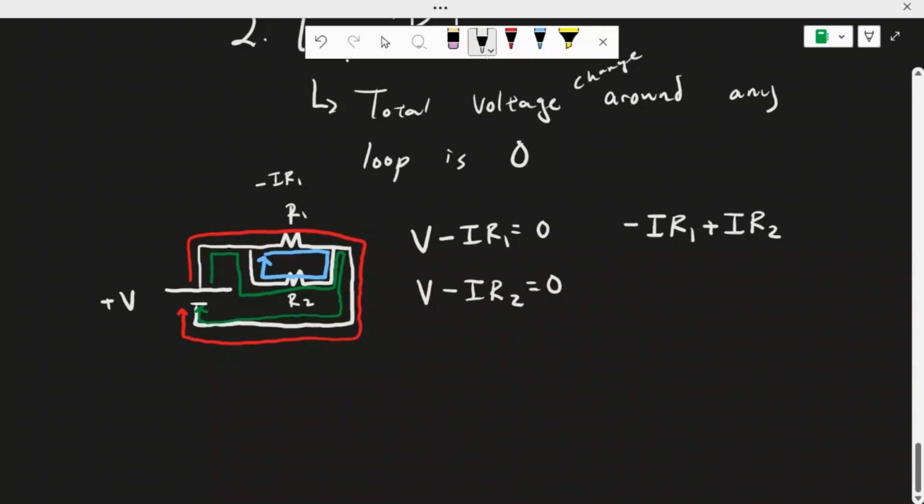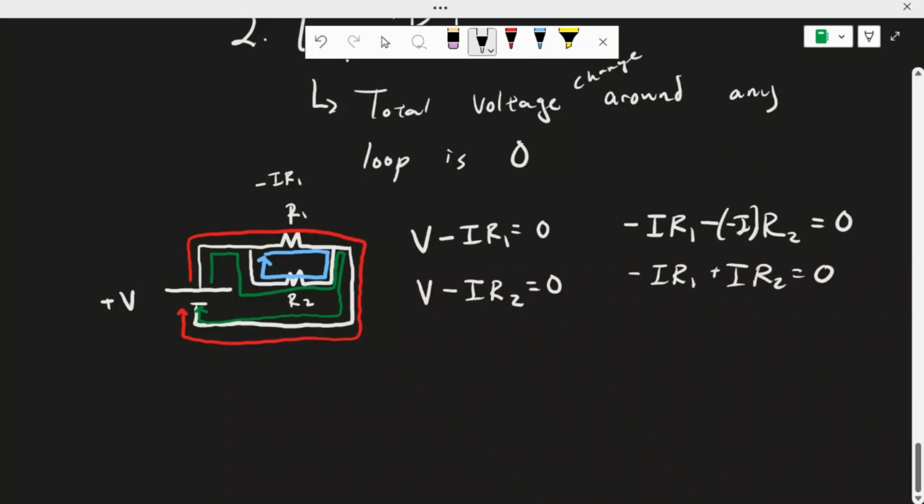I could think about it this way, which is I'm going to drop IR2, but my current in this case would be negative. So actually I'm just going to rewrite it like this. Because I'm going the opposite way, the path is opposite the direction of the current. So I would get IR1 minus IR1 plus IR2